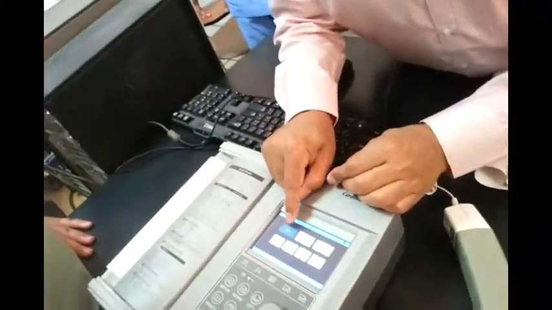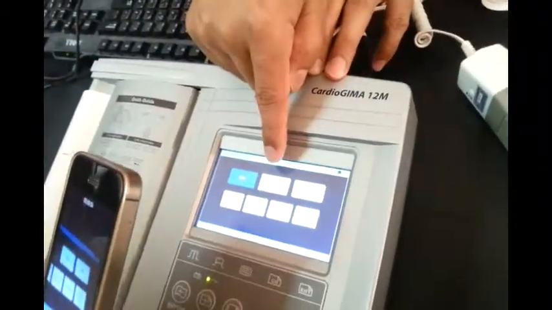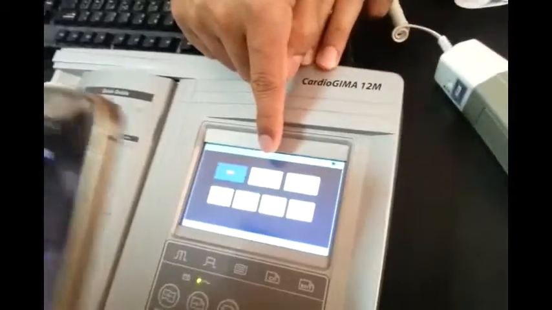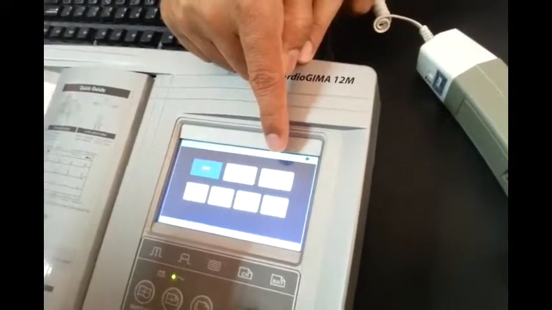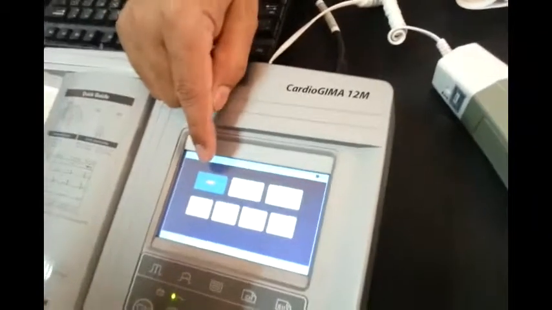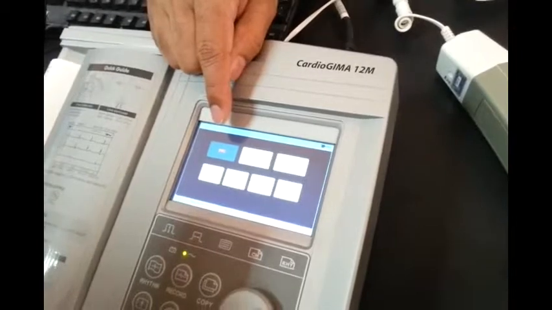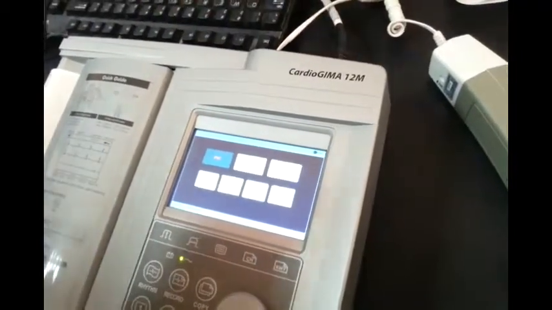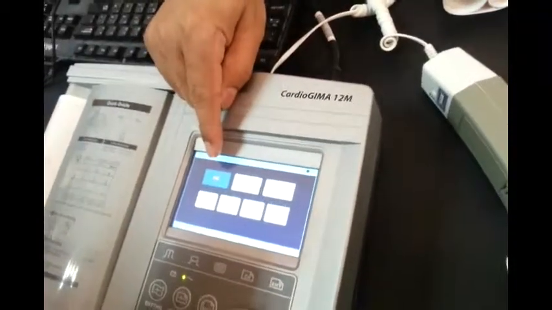So here you can see FVC, that is the forced vital capacity. There are icons, and there is SVC, that is slow vital capacity, and MVV, maximum ventilatory volume. So you can do three things over here. Now, how do you do forced vital capacity? Like I have told you, it is maximum forceful inspiration followed by maximum forceful expiration. This is FVC. So you have to attach it.